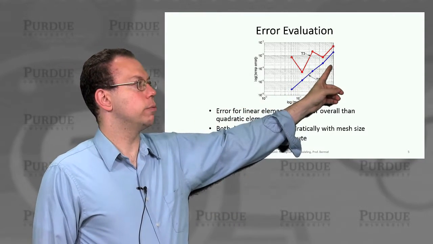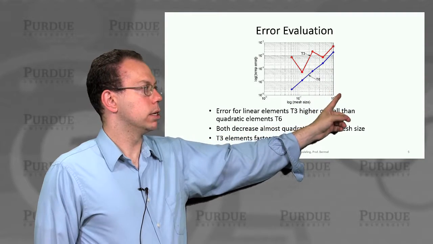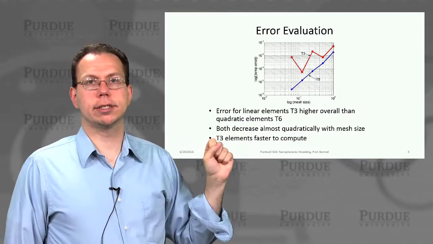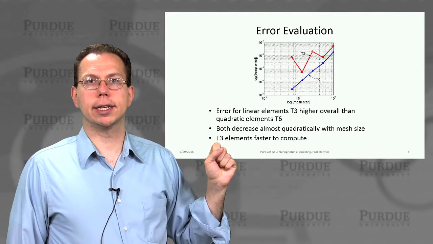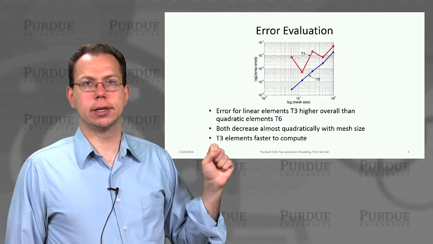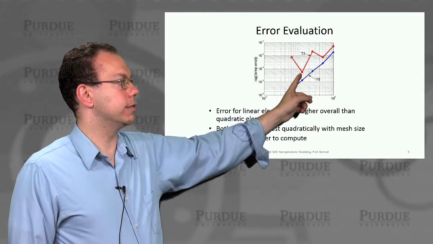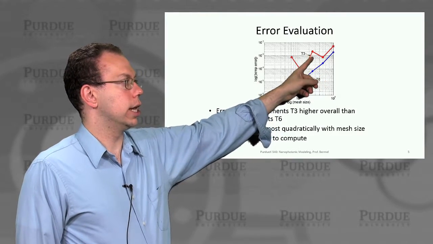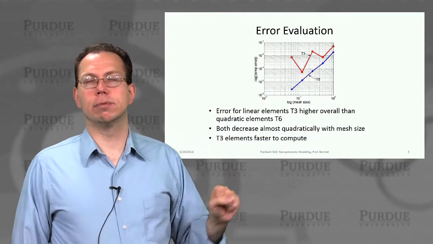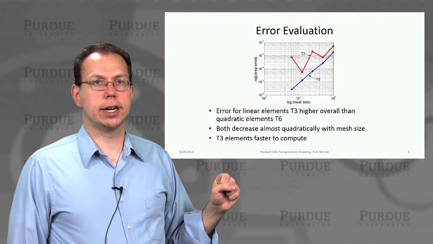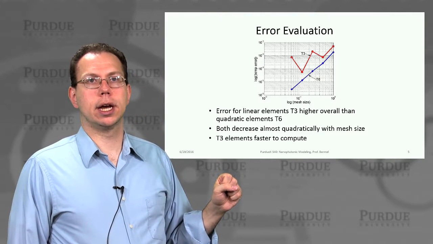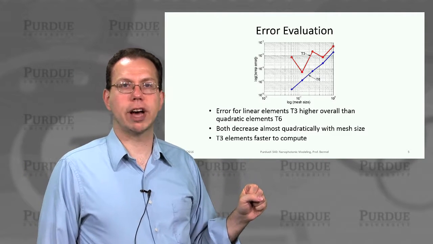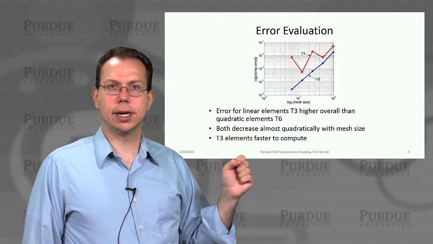So we have two types of elements that are in this system. And the first one is called T6 in blue. And so that's a type of element that has all the quadratic components. And so you can see that's more accurate as a function of mesh size. However, there's also the T3 in red, which has just linear elements, and it is not as accurate as a function of mesh size. And it converges a little more slowly. On the other hand, T3 is faster to evaluate. And so that's actually a key trade-off.